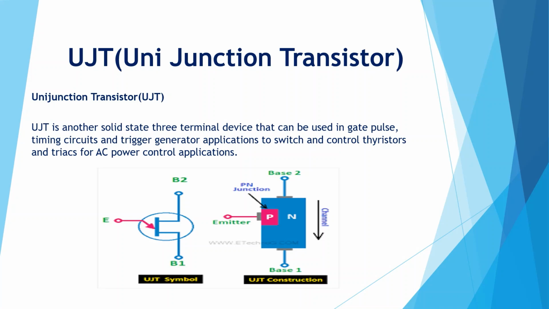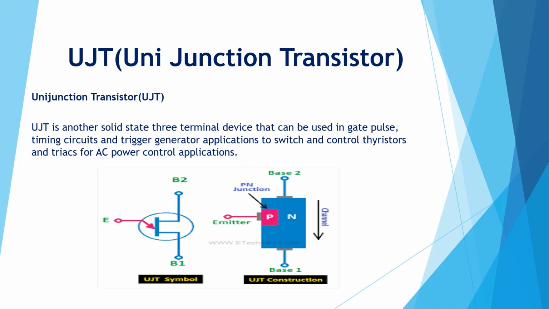The devices which we will try to understand in this unit are the uni-junction transistor, specified as UJT, the silicon controlled rectifier, that is SCR, and there are two more devices called triac and diac. So the first one which we will try to understand is the uni-junction transistor. UJT is another solid state 3-terminal device that can be used in gate pulse, timing circuit